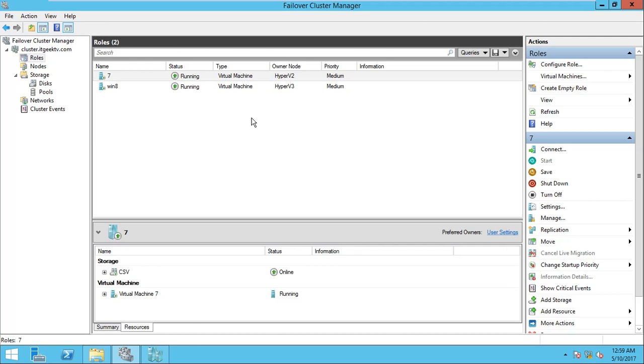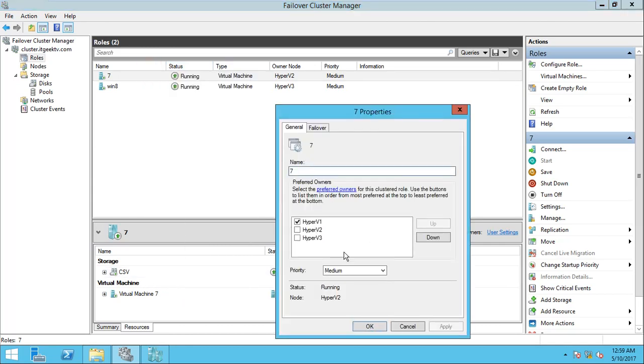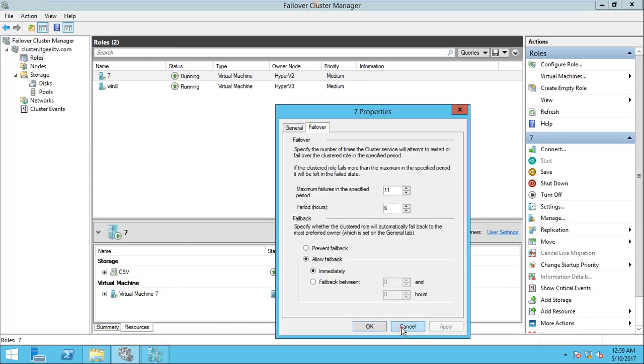So here, if you are stopping the cluster service, it will give a reply to the virtual machine that you have to do a live migration as soon as possible to any other host. Here you can see what will happen: for this particular virtual machine I have selected failover immediately.